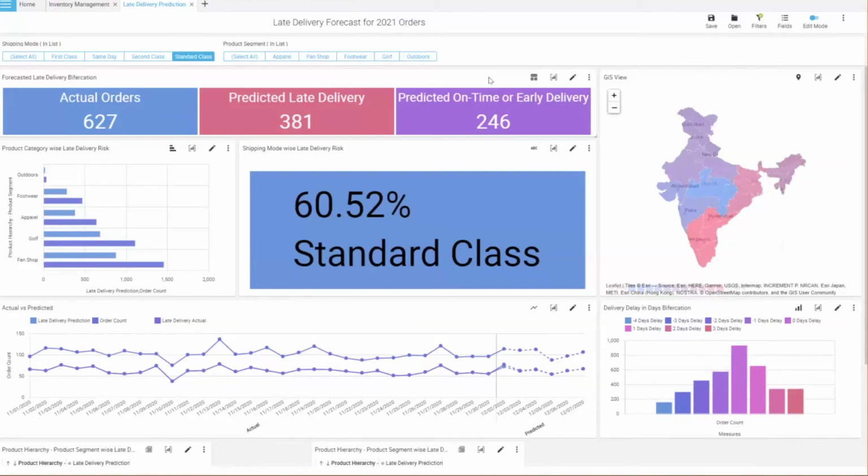Sure. Okay. The next and slightly similar question is, what is the machine learning engine being used? How is that different from Triveda modules in PBI that can be configured in DAX? Okay. So this is one of the examples which we have tried to demonstrate. There are many more use cases which can be developed and which we have developed for our customers. We are using Python as the machine learning engine in the background.